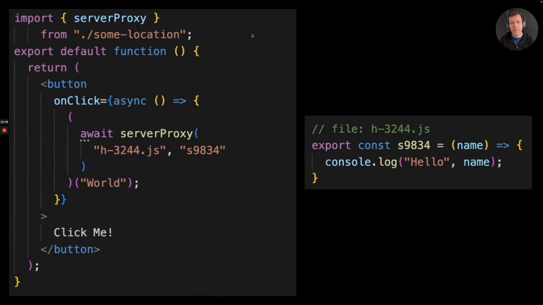The next thing the optimizer does is transform the source code as well. Because this piece of code got extracted, what's left behind is a server proxy with a file name and a symbol name. Notice that the optimizer simply replaces the $ with the word proxy, and the same exact import, which was originally importing server$, now imports serverProxy. So it's up to the developer to make sure that the second function is available for the import.